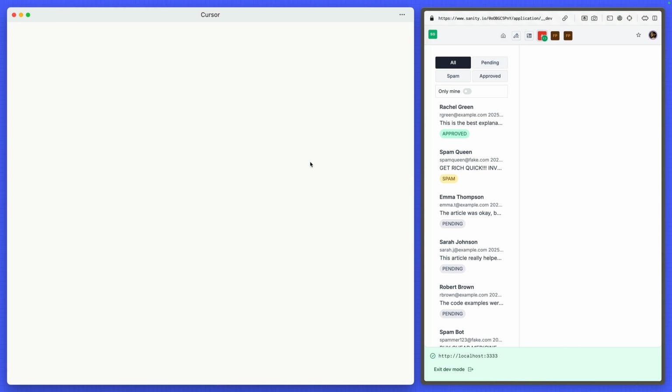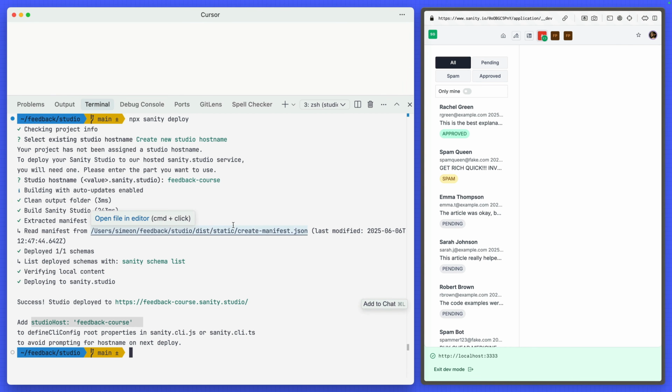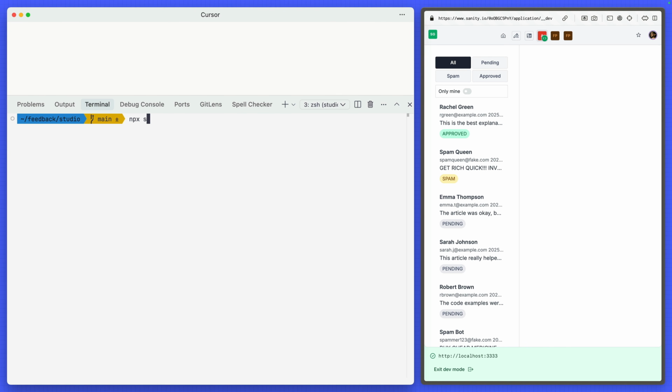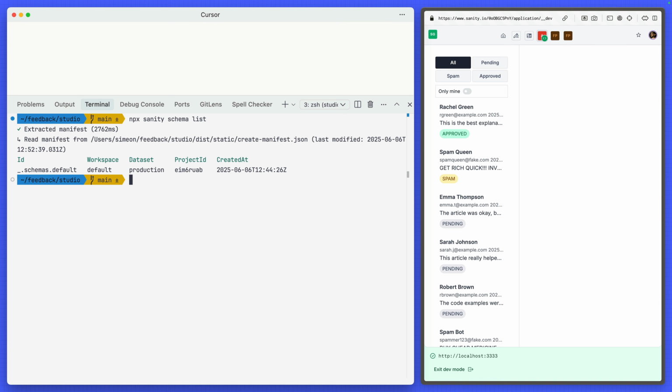So far, everything we've done is with React hooks from the App SDK, but we still have access to the raw Sanity client when we want to use something that hasn't yet been turned into a hook, such as our brand new AI agent actions. Let's take a look at that here. Before we use agent actions, we will need to deploy our schemas. So here within the studio folder, I'm going to run npx sanity schema list. And we should see that we have only one schema exported,